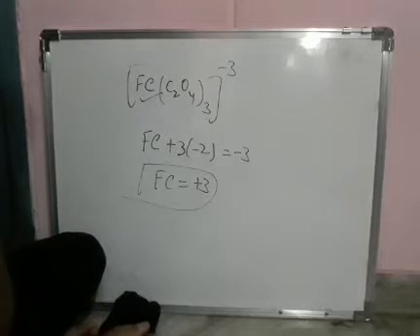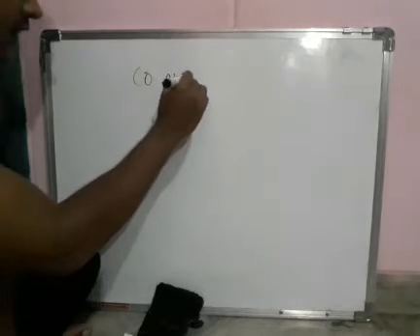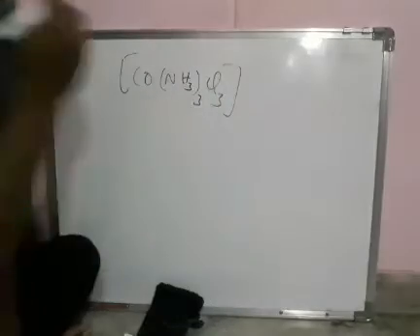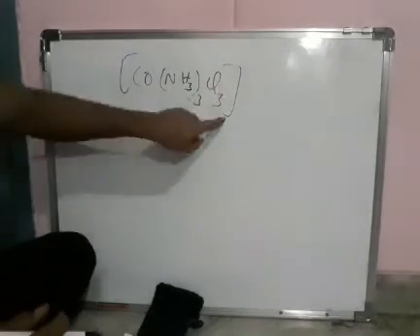Now how can we calculate the charge on the coordination sphere? That is the next task. If any coordination sphere is given, its charge can be calculated. The algebraic sum of the charge on the central metal atom and ligands gives us the charge on the coordination sphere. Now let us take [Co(NH3)3Cl3], this is one coordination sphere. We have to calculate the charge on it.